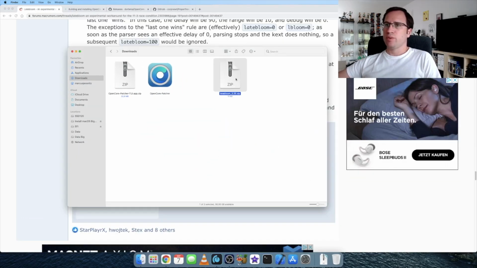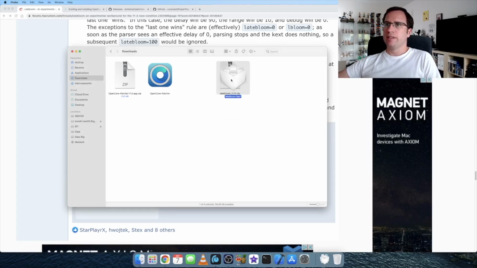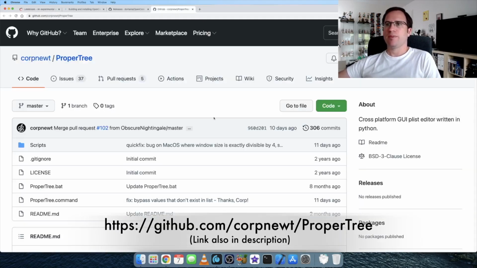Okay, same procedure. We double click on the zip file and we have the Kext file itself. There's one more thing we need that makes it quite easier to integrate this Kext file. We need ProperTree. That is a nice tool to edit your config plist. Link is down in the video description.